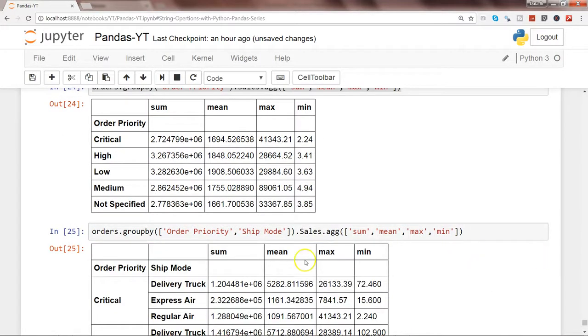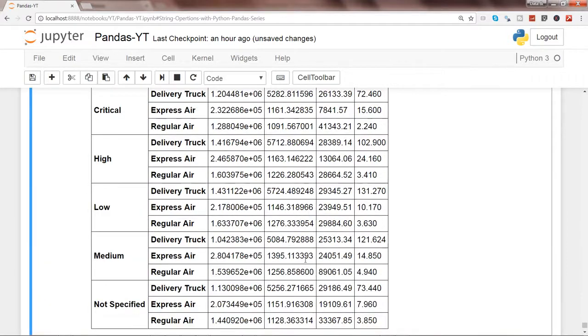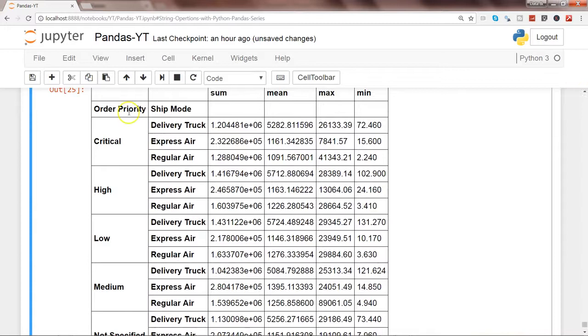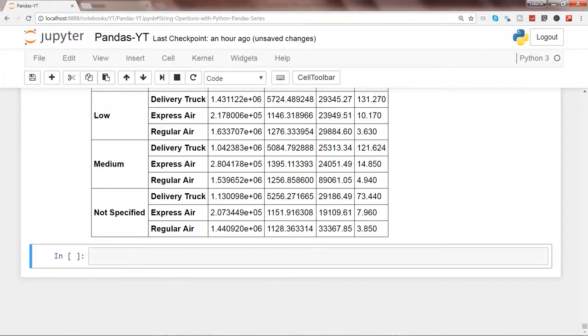So now we are here with this metric where we have order priority, shipping mode, and the sum, mean, max and min. Mean is nothing but the average, and this way you can make your metrics a little more complex and meaningful for your analysis, report or presentation.